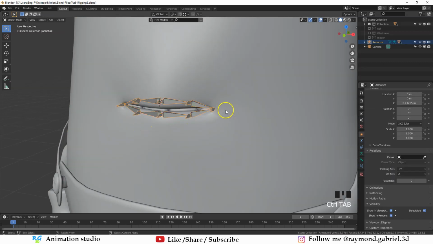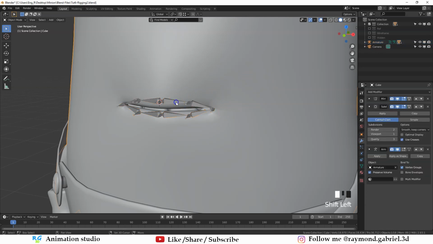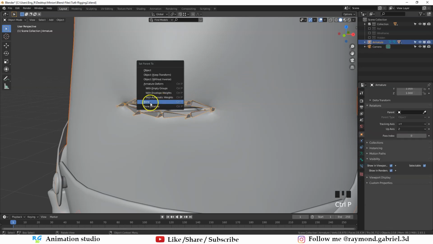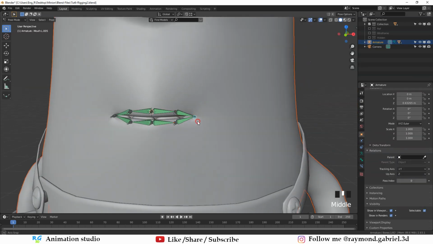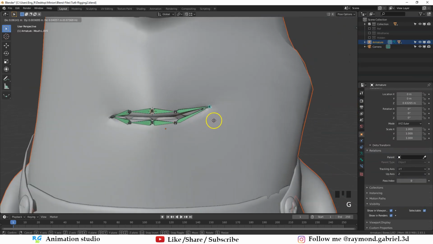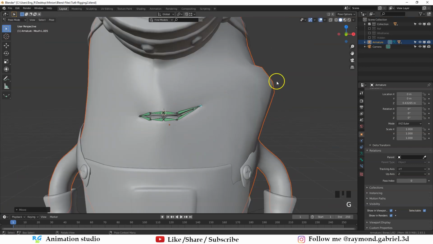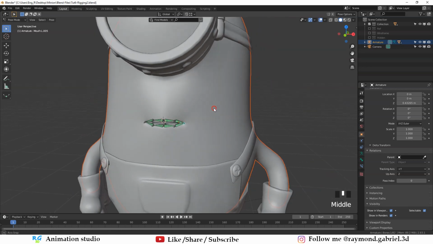Okay, so go to object mode, select the body, then select the armature, press Ctrl P, set parent to with automatic weights. Alright, press Ctrl P to go to pose mode, select this bone for example, and try to move it. You'll see now that it's affecting the mesh, but it's affecting too much of it. You'll see that this part has too much influence, so in order to fix that, we will add more bones